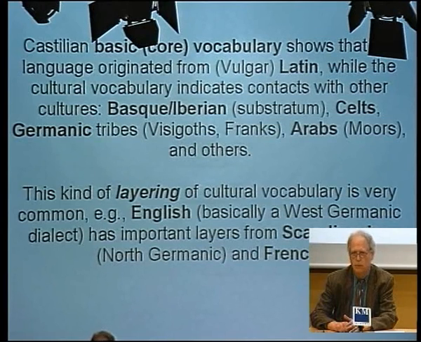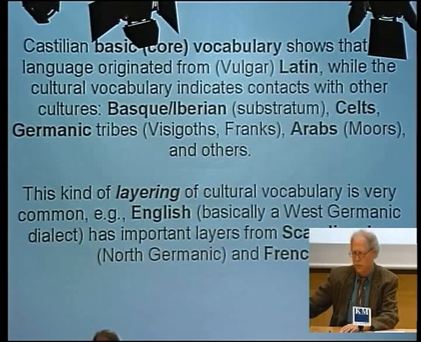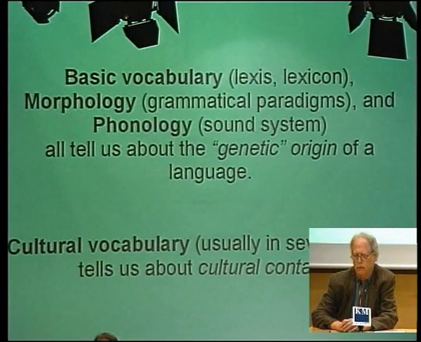Those are the major layers other than West Germanic, and some others, Latin, Greek, and many others. But these are all cultural words that were borrowed by English. So, the basic vocabulary, morphology,